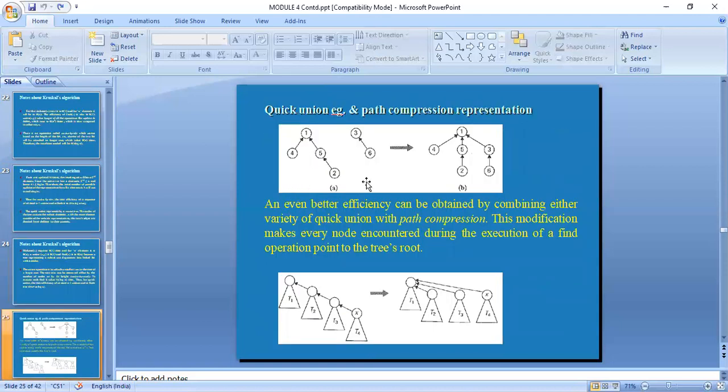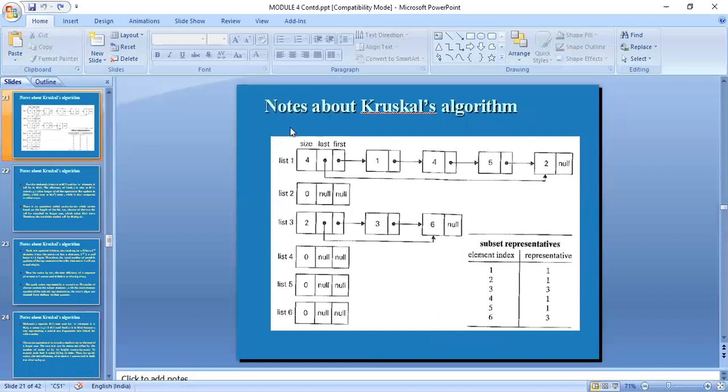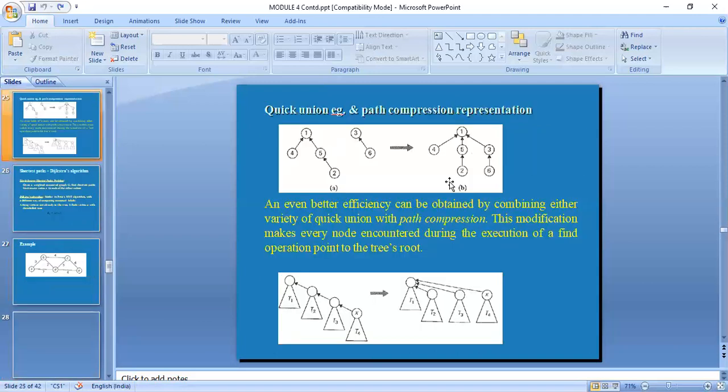Union by rank is, see, you have a tree structure. Here we have represented the first linked list consisting of 4, 1, 4, 5, 2, and the same thing in the tree also we have connected. Next, in the third one we had 3 and 6, so this has been connected. Now if there is a connection between 1 and 3, the edge is formed between 1 and 3, and you see which one has more nodes. This has more nodes, so based on the size, this will be moved to this particular tree, and you will have a single tree structure.